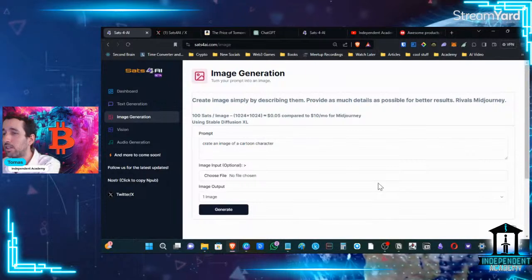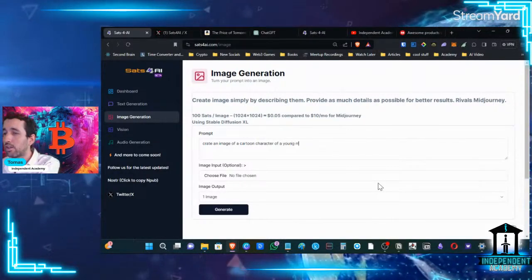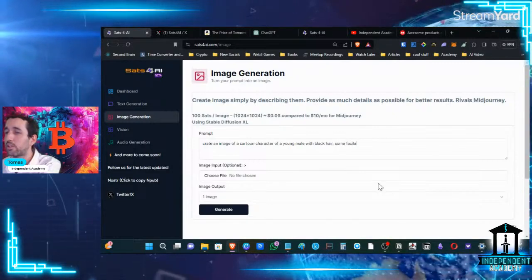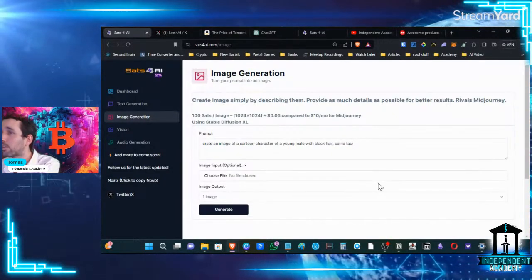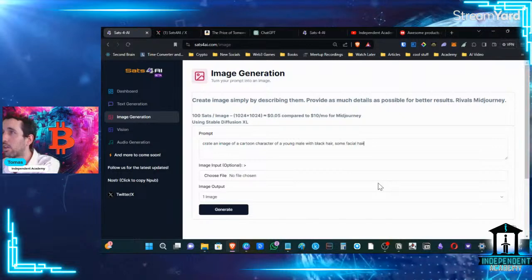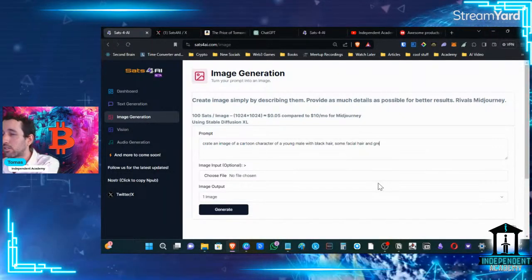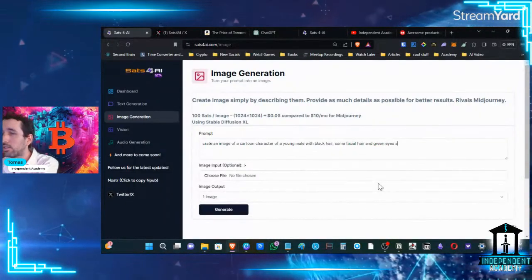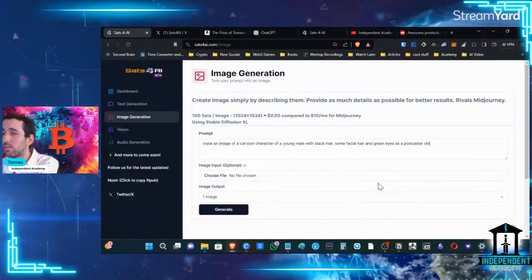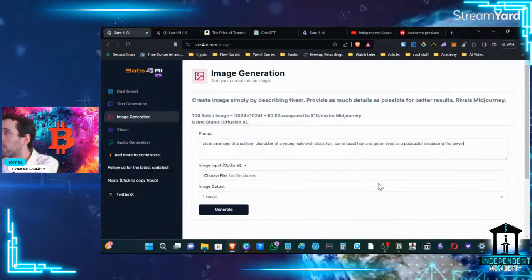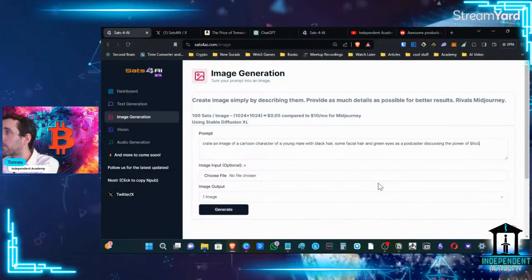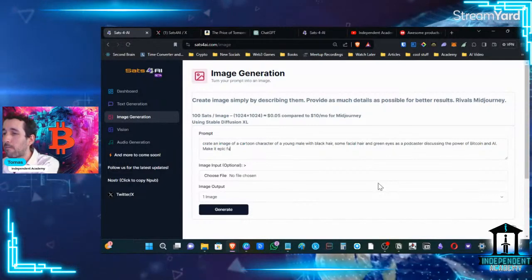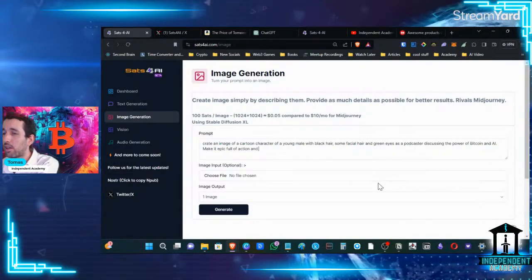Cartoon character of a young male with black hair, some facial hair, which I have, and green eyes, as a podcaster discussing the power of Bitcoin and AI. Make it epic, full of action, and